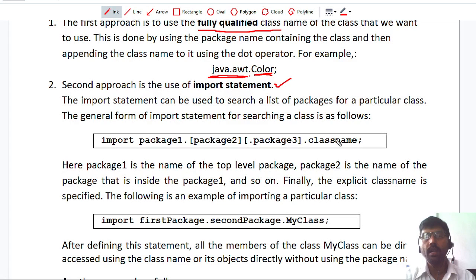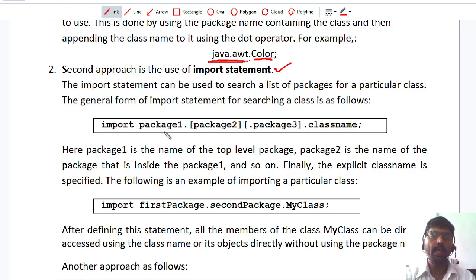So here, package1 is the name of the top level package. In that package1, we have one more package called package2. In that package2, we have one more package called package3. In package3, we have a class called class name.